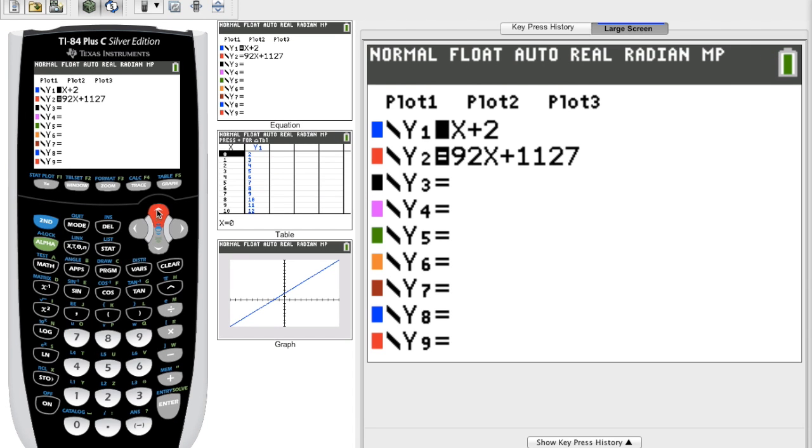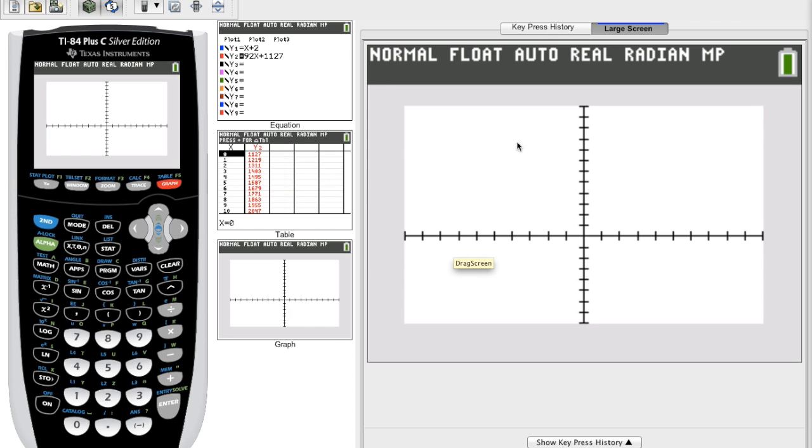So to turn off that graph, you just take your cursor up to that equal sign and hit enter, and that should deactivate that graph. And you can see that here the graph is highlighted and this graph is not. When you go to the graph, you can see that none of our points are near the center of this